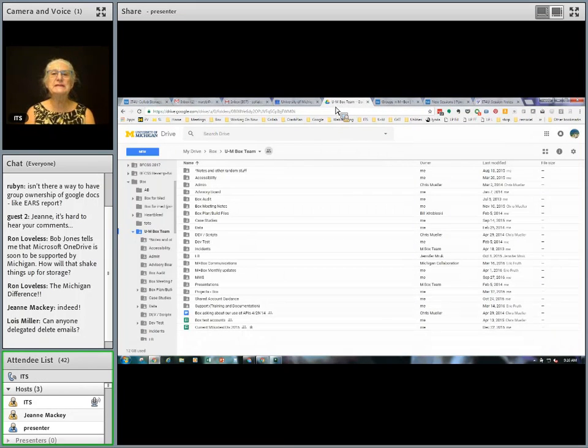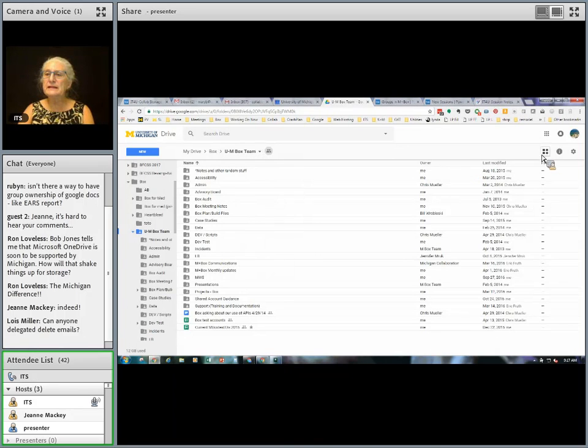So here's the Google Drive. I'm going to switch to a different shared account here. The Box team has a shared account in both Drive and Box. We don't tend to use it for email and calendaring, so I didn't use that for that demo, but we do use it for Drive and Box. Here, it points out the ownership thing. So even within this Box team,